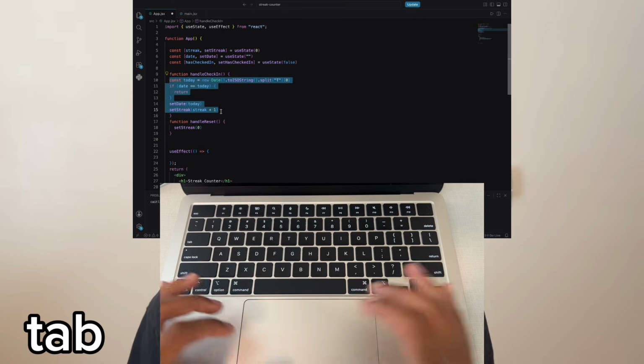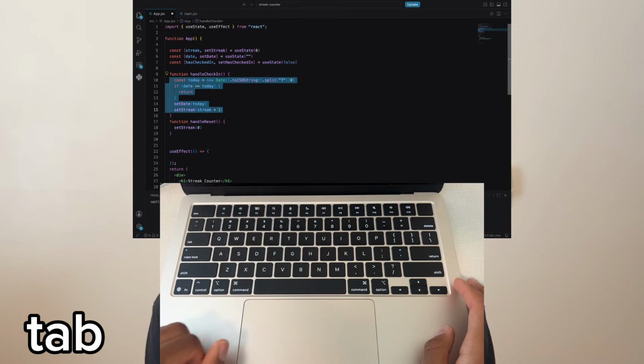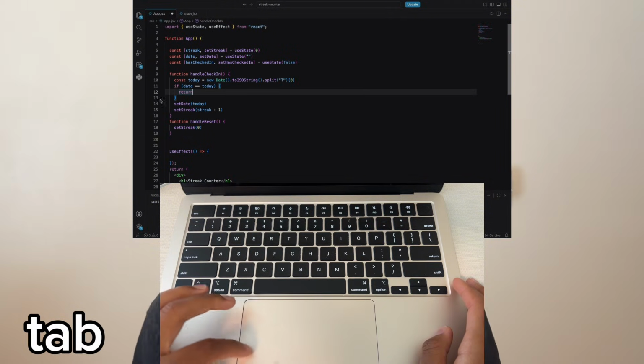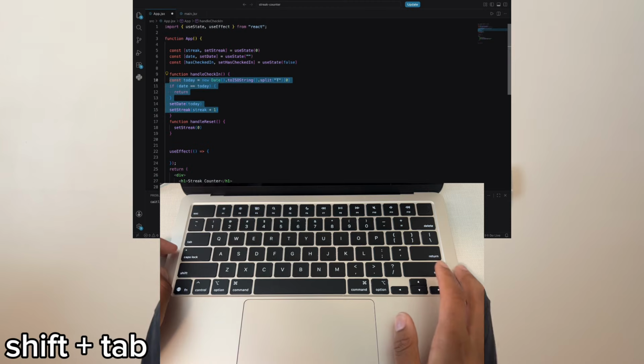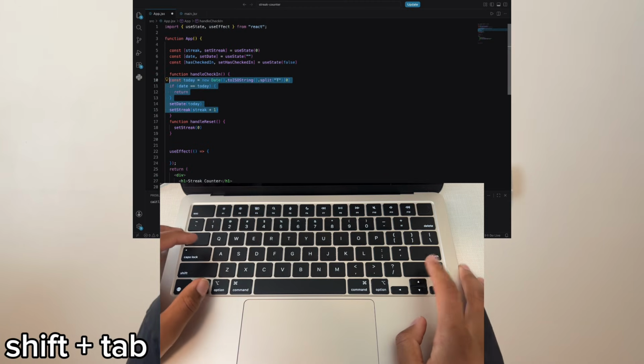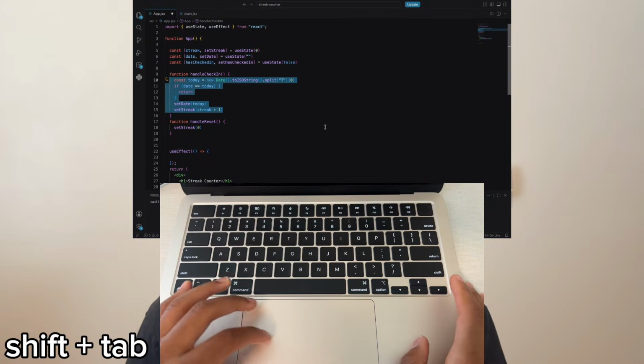Another helpful formatting one is if you select a group of code and you press Tab, it'll just indent the whole block instead of you having to go line by line and pressing Tab. So let's say everything's formatted correctly, but then you added, let's say, an if statement. So now everything in that if statement needs to go over one more. So you just select it all, press Tab, and you're good. And if you want to outdent, let's say you want to move something back, you would just press Shift and then Tab. So you can kind of interact with those two a lot, depending on what you add or remove